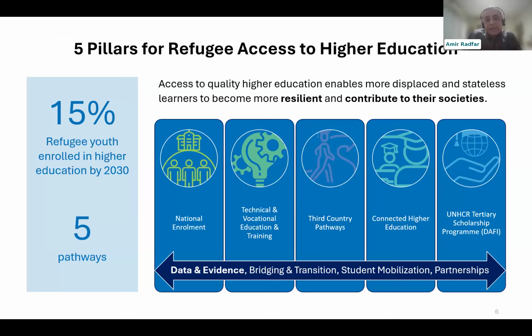And then we have technical and vocational education as part of tertiary, because I'm just repeating, we also have TVET out of tertiary education or even out of formal education space. But with tertiary education support of UNHCR, we cover actually formal TVET. And then, of course, we have national inclusion of refugees into university programs. This is mainly the support of the countries' higher education systems to accept refugees and to get them enrolled.